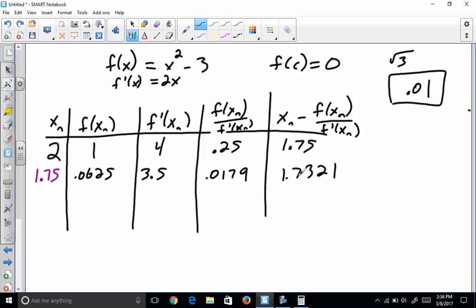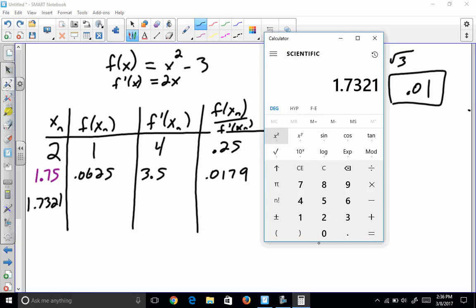So to 1 decimal place, that's the same as what we had. We want to be the same to the hundredths place within 2 iterations. Notice they're within 2/100ths of each other, but we want them to be within 1/100th of each other. So let's just keep going until 2 successive x values have the same value to 2 decimal places. So we're going to start with 1.7321. We're going to plug that into our function,